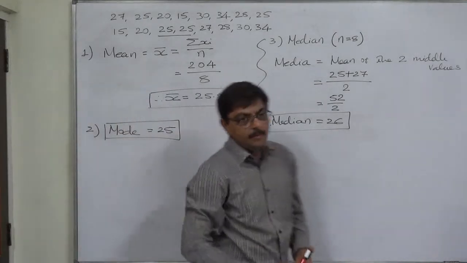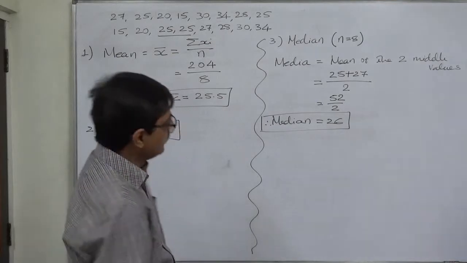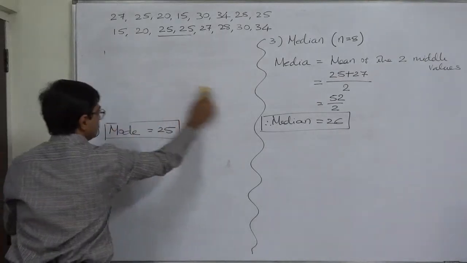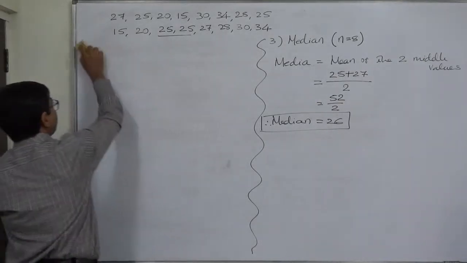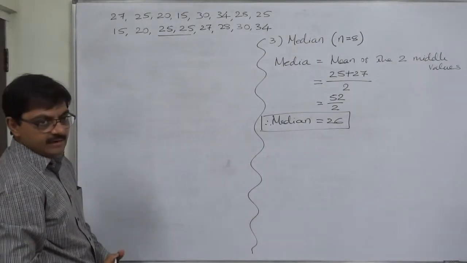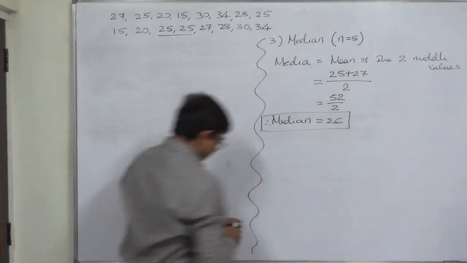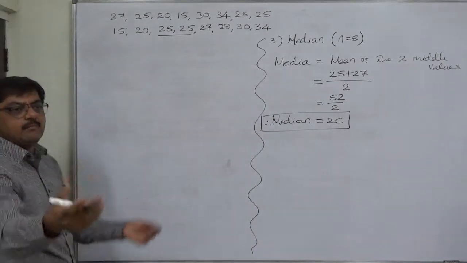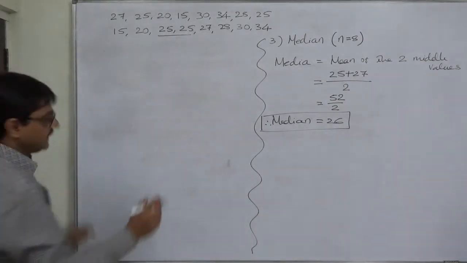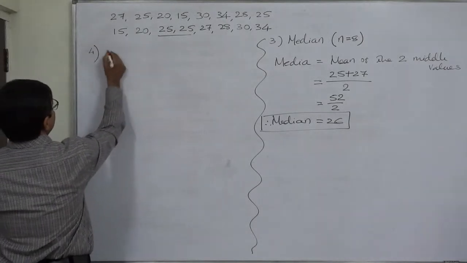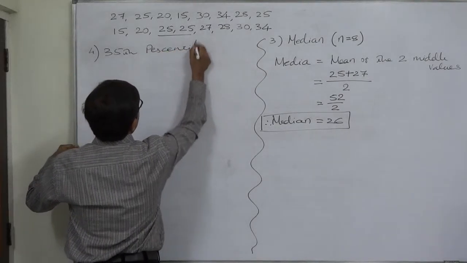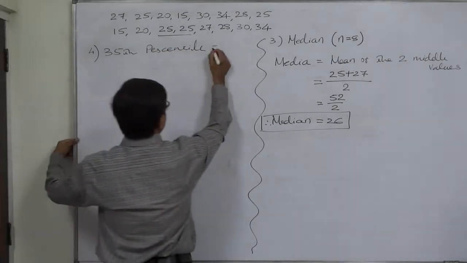These three are the main measures of central tendency, but the median has its entire family. And I always tell that median is the head of the family. 50% of data values are less than the median and 50% of data values are greater than the median. Now let us find any number of percentile. Tell me any number. Say we are going to find the 35th percentile. It is P35, sorry.